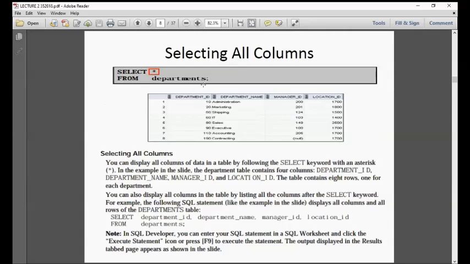So you can see here, department ID, department name, department manager. So all of these are the columns under what table? The table is department. Simple as that. Okay? If you want to know what is in the table, just use star and you will see all. Okay?